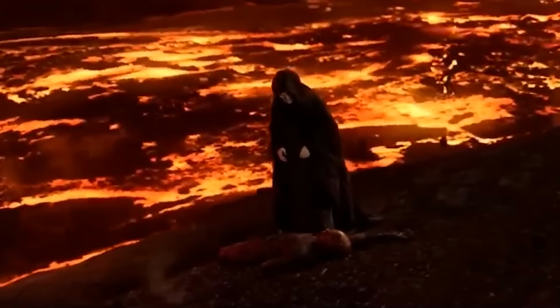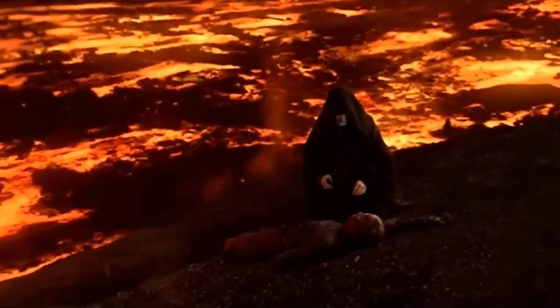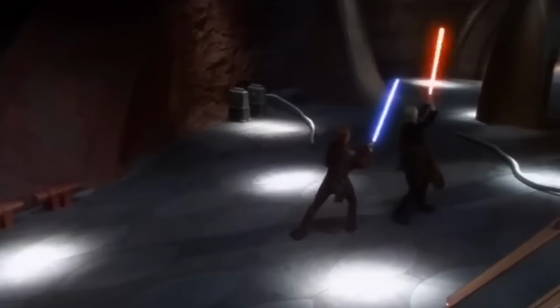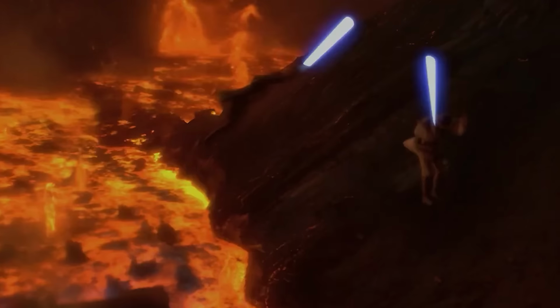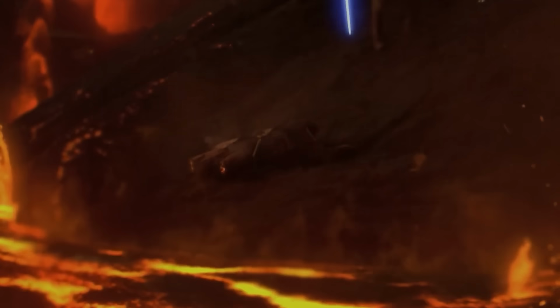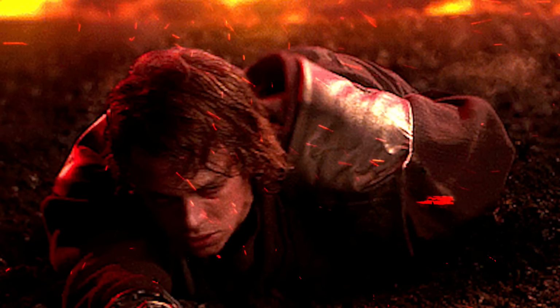The first and most obvious injuries caused on Mustafar were the amputation of both of Anakin Skywalker's legs and his remaining biological arm, with the other one already cut off by Count Dooku on Geonosis. While attempting to leap over Obi-Wan Kenobi and his high ground, Anakin's old master's blade severed his arrogant and dangerous former apprentice's biological limbs. The left arm was cut off just above the elbow, while both legs were cut off